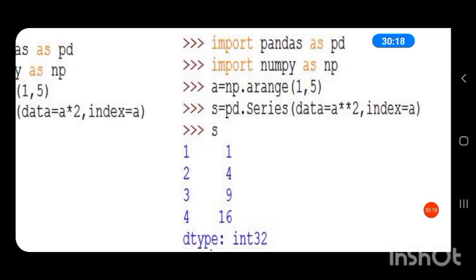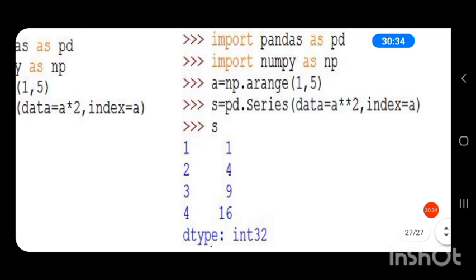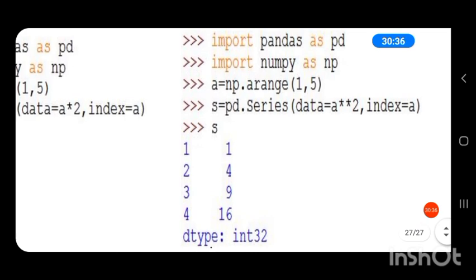Here the arange function will create an array with values from 1 to 5 minus 1, that is 1 to 4. So 1, 2, 3, 4 will be the values in that one dimensional array. The arange function will always create a one dimensional array. Then S is equal to pd dot Series.